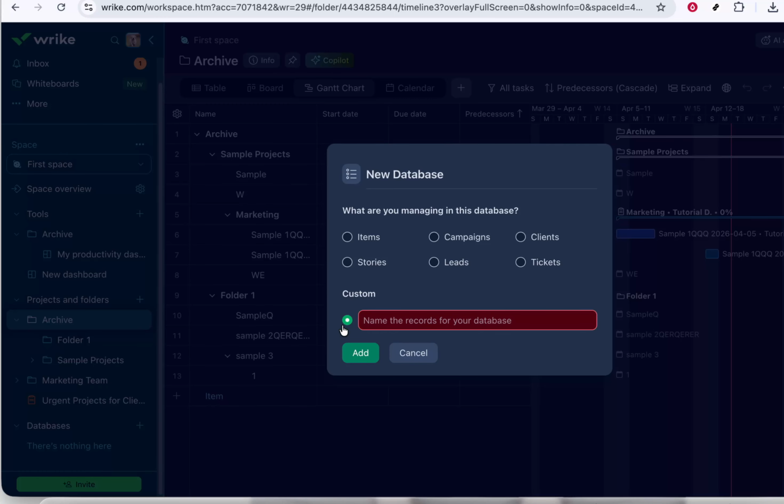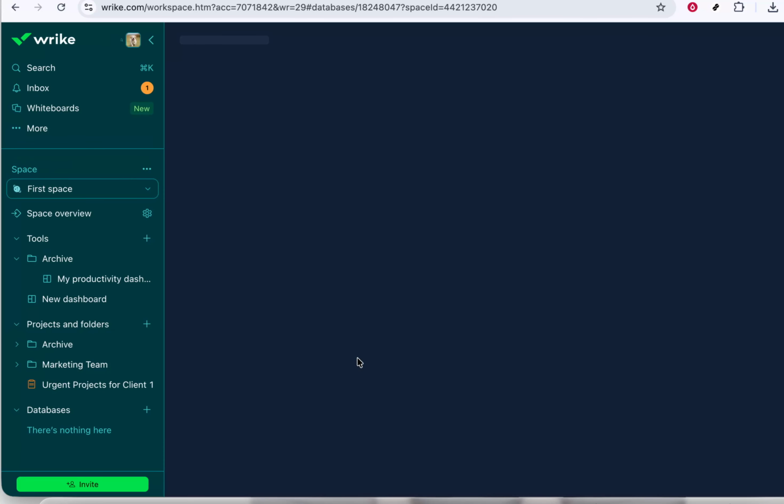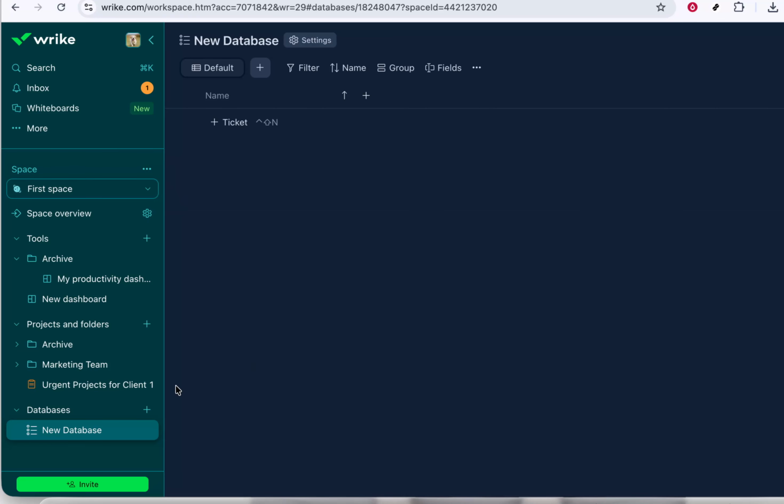Next, you'll be asked to select which type of database or structure you want to create. In Wrike, this might appear as different templates, layouts, or types of items designed for specific use cases, like tracking tasks, managing resources, or organizing information. Take a moment to read the short descriptions that Wrike provides for each option. Choose the one that best fits the kind of data you want to store and manage. If you're not sure, starting with a simple, general-purpose layout is usually a safe choice, and you can always adjust